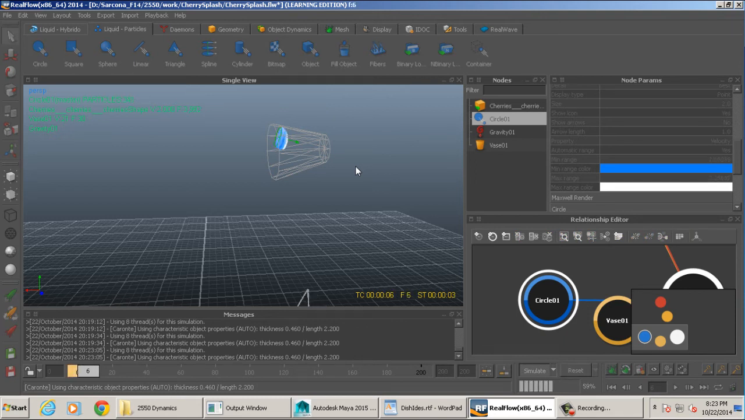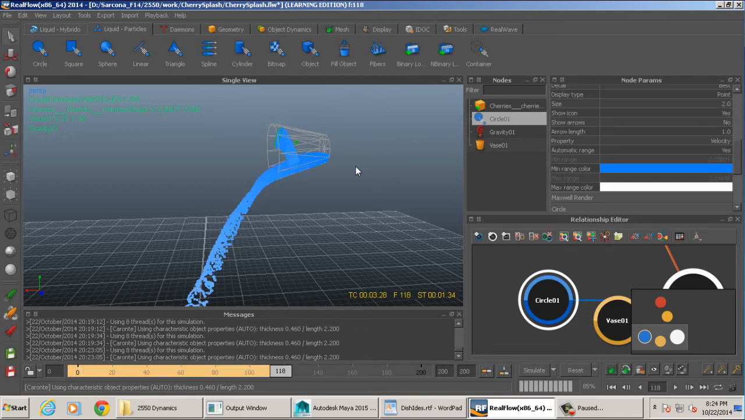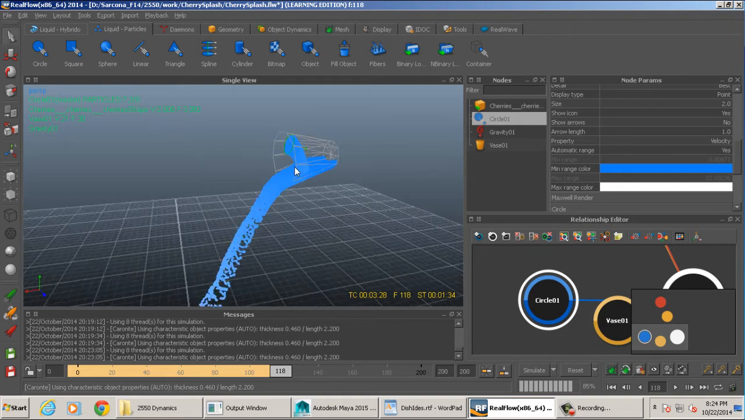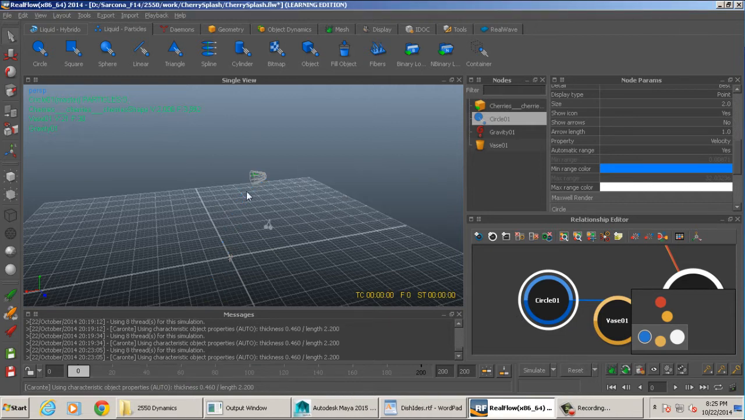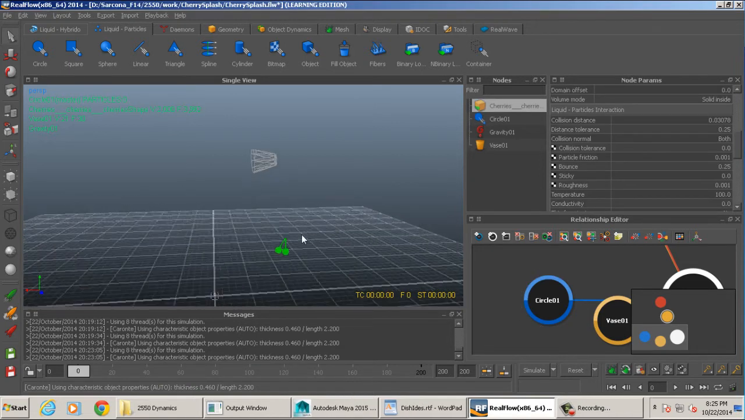If you look at how many particles we have, we only have 7,316 particles in the scene. That's not a whole lot of particles, considering that real flow will do millions of particles without skipping. Well, it'll skip a little bit, but not much. Okay. So what we're going to do is reset it, and for the time being, we're going to grab the